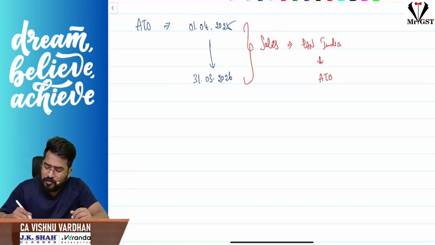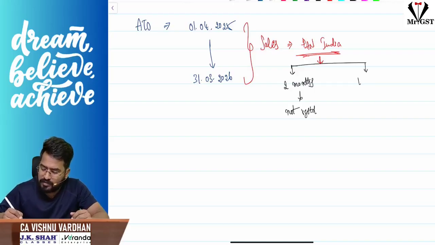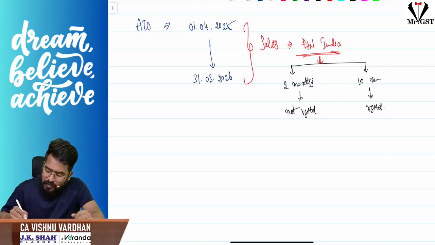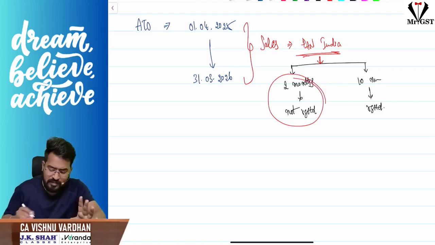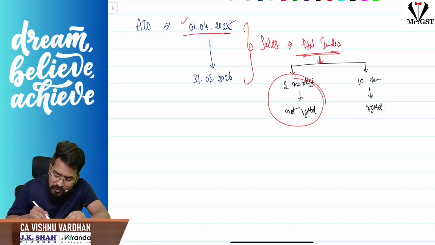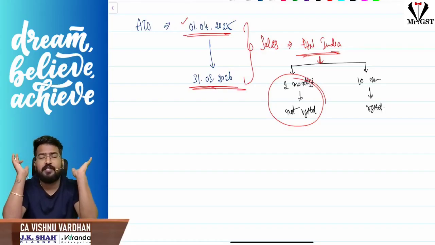Sir, on a pan India basis, let us assume for a certain period, for example 2 months, you are not registered, and for the balance 10 months you are registered. Then no matter whether you are unregistered for some period or not, from 1st April we will not see whether you are registered or not, we will just see what all sales you made from 1st April till 31st March. That's all. That fully will be taken as aggregate turnover.